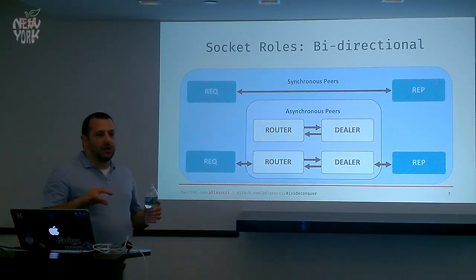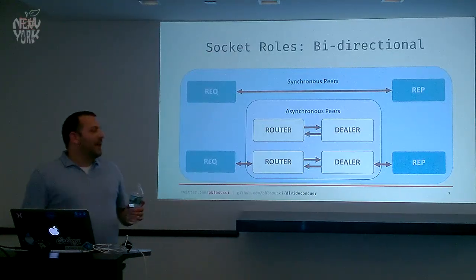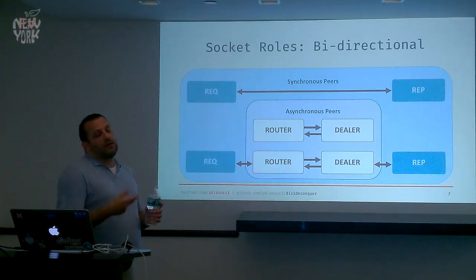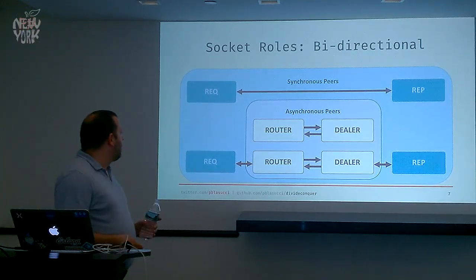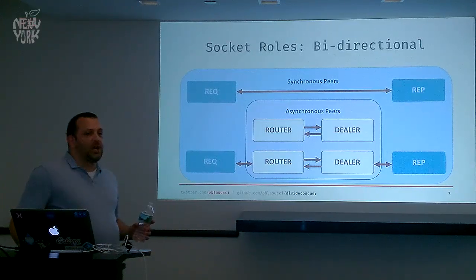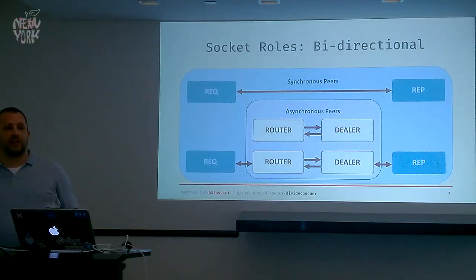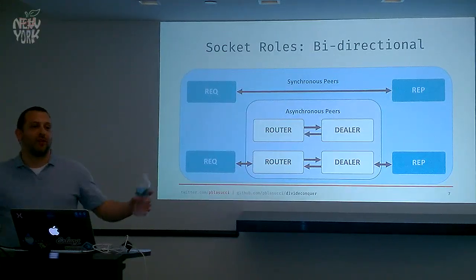There's also a concept of socket identity. Routers can have an identity, but they typically don't. Typically you'll set the identity on the dealer. Effectively something has to initiate. So routers can, but they typically don't. If they were to initiate, it would have to be to a known hard-coded identity, so that's why it's a little tricky. You know what I mean? It's like, I have to have your phone number before I can call you, unless you've plastered your phone number everywhere.